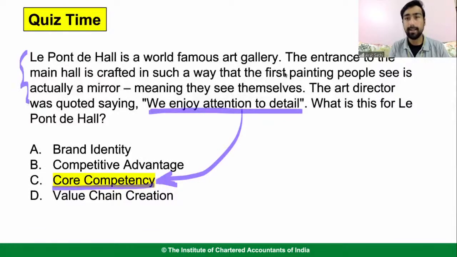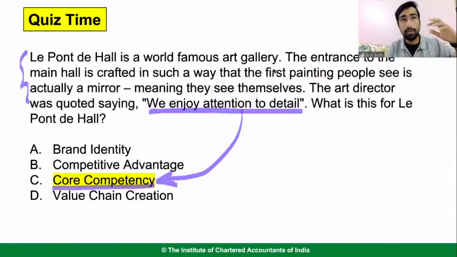यह तो marketing है. इसमें वैल्यू क्या बन रही है? What is the value the customer is getting? कोई वैल्यू नहीं. वो शीशा देखने के लिए ज्यादा पैसे नहीं देगा, right? Think about this. What is value chain creation? Value chain is working on your primary and your supportive activities to create value for the customer so that they're ready to pay more.